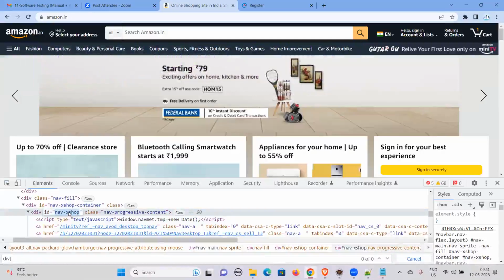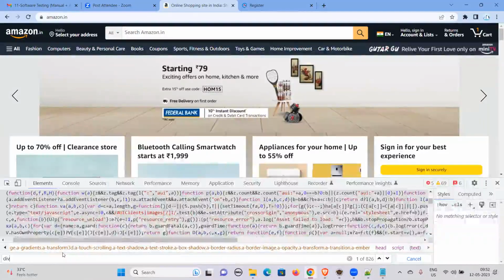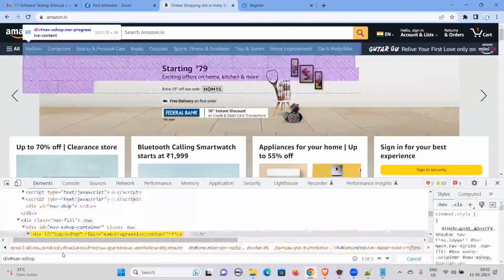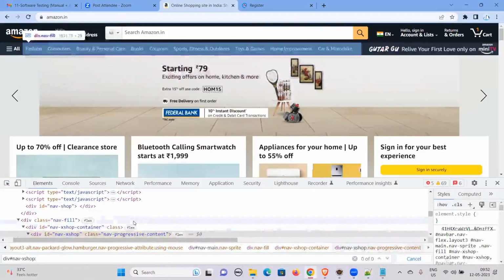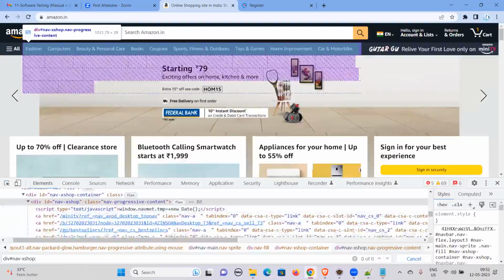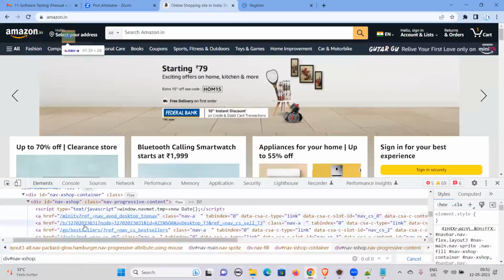CSS shop, okay. So nav X shop. Sorry, ID. So what is that? I can directly take it as ID. Now you see, if you want to find out the nth child of this particular element, this is a parent and I want to find out the nth child. For that, what we have to do is use nth of type